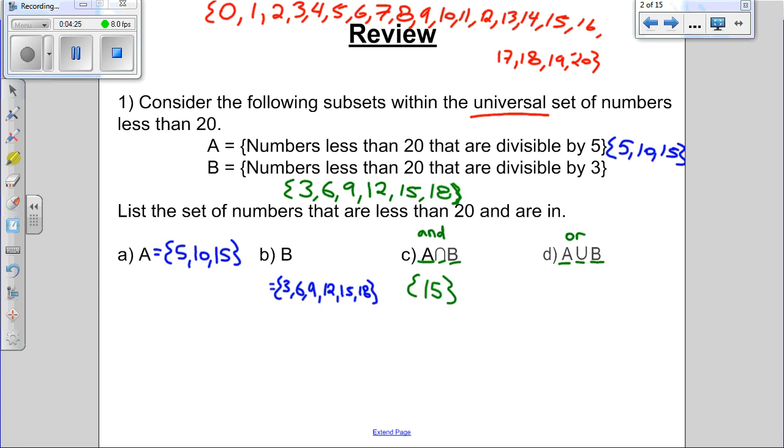And or means you want to include everything in A, everything in B, and anything that's in both A and B. In our case, that means we would have all these things in B, 3, 6, 9, 12, 15, 18, and you would also have to add into it 5 and 10, because they aren't in set B, but they were in set A. 15 was already included in set B, so we don't have to write it twice. So our answer to A or B would be 3,